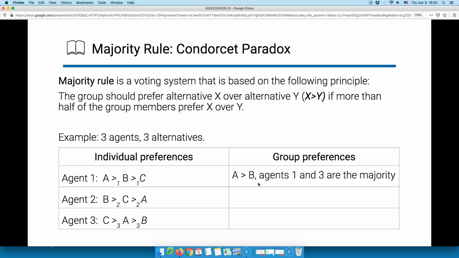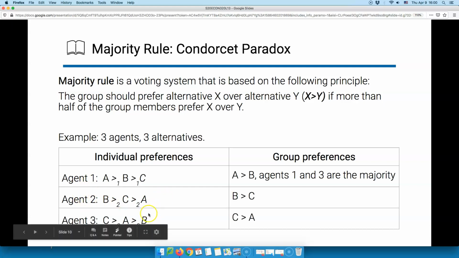What about B and C? For agent 1, B is better than C. For agent 2, B is better than C. So agents 1 and 2 form a majority, so B should be preferred to C. But the problem is that if we look at C and A, agents 2 and 3 prefer C to A. So the majority rule tells us that the group should also prefer C to A. And so here we run into a problem: the group preferences should be that A is better than B, B is better than C, but C is better than A, which is problematic because